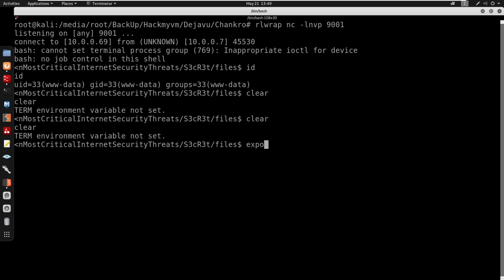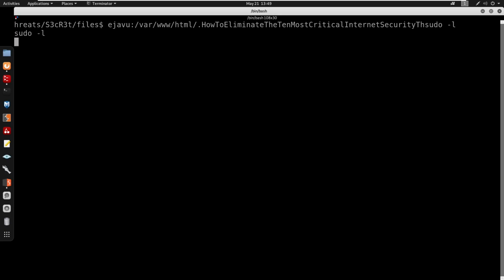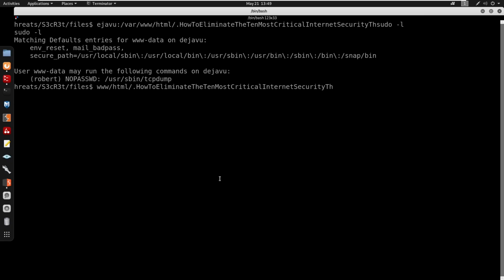So I'm clearing my terminal here. I'm going to start by exporting my TERM equal to xterm. I'm going to start by running sudo -l. So here, it seems like we can run /usr/sbin/tcpdump. Doing this, I'm going to start by